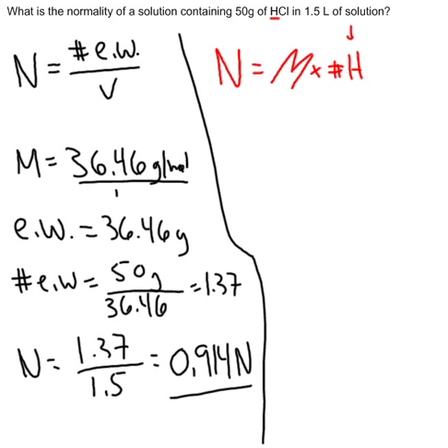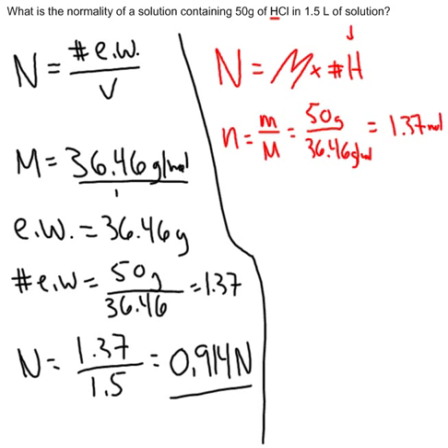So, you know you have 50 grams of HCl and you have 1.5 liters, so you can figure out your number of moles of HCl. This shouldn't be new to you. By taking the 50 grams and dividing it by the molar mass of HCl, you get 1.37 moles. Now to find the molarity, you'll take your number of moles and divide it by the given volume, and that gives us